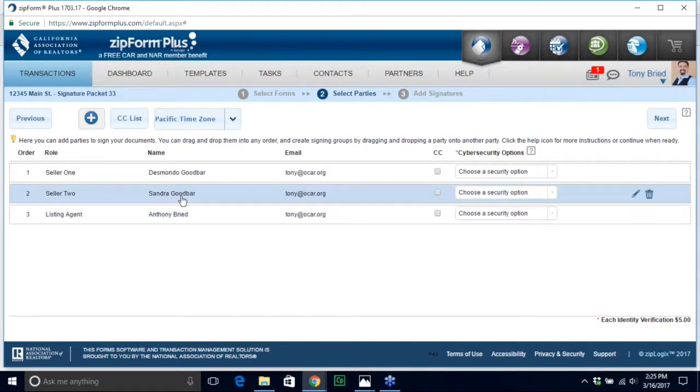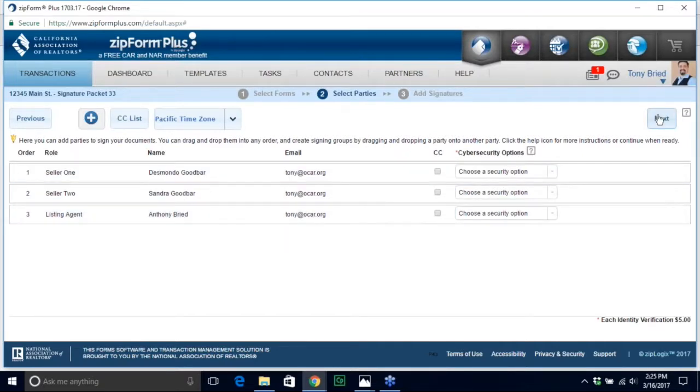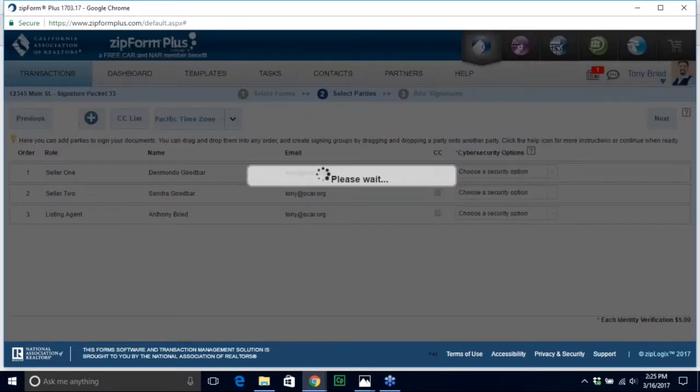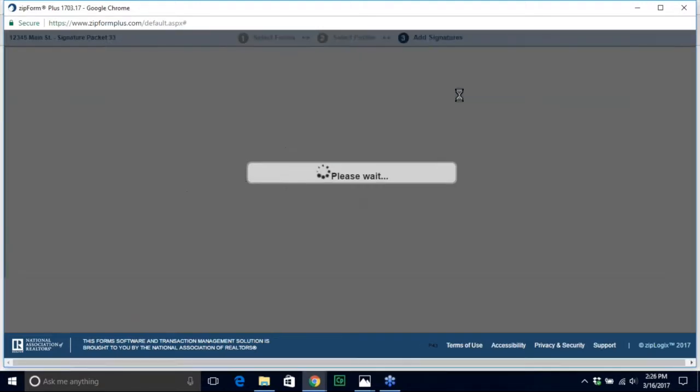Now, from here with the signers in their selected order, we now hit next, the most important step, stage 3. And it looks like that was a new feature there. Here at stage 3, we're going to make sure that all documents have something to do for all of our signers. If we have to place any signature areas on any of the documents, we have to, or we can,